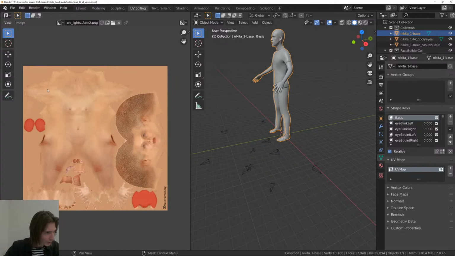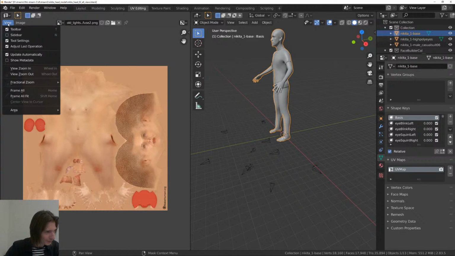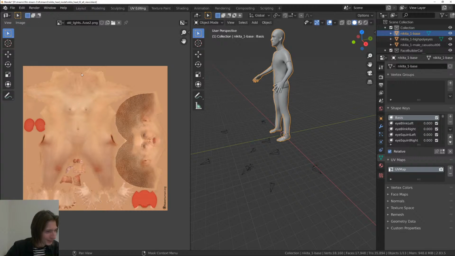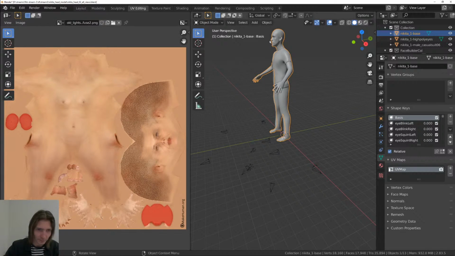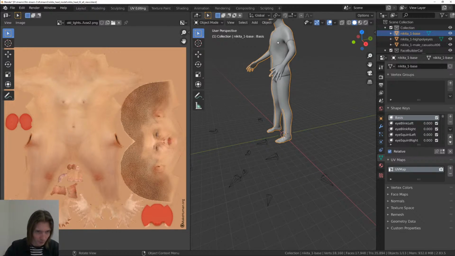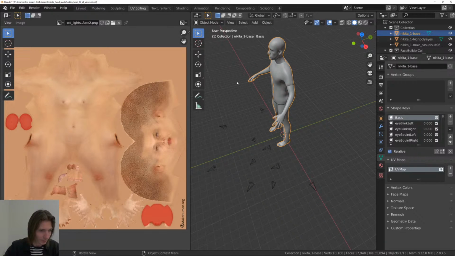We want to see them here. That was better when I was trying it before. Anyway, what we want to do here perhaps is to place different parts of them,